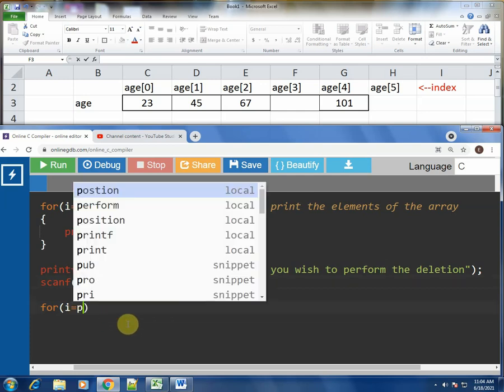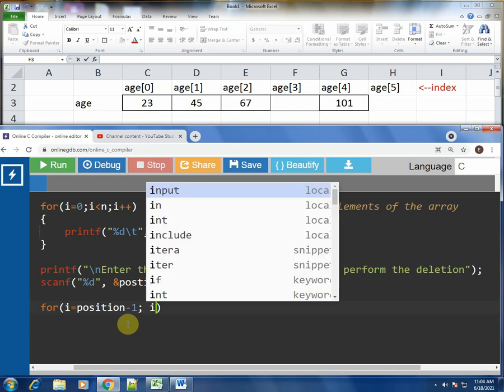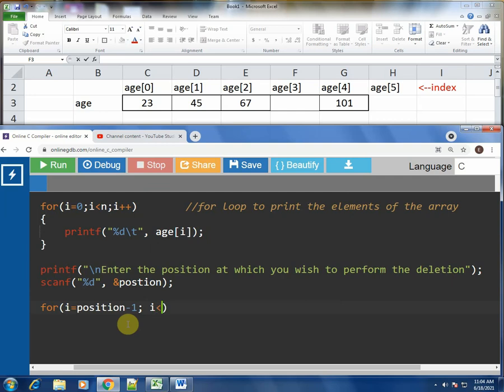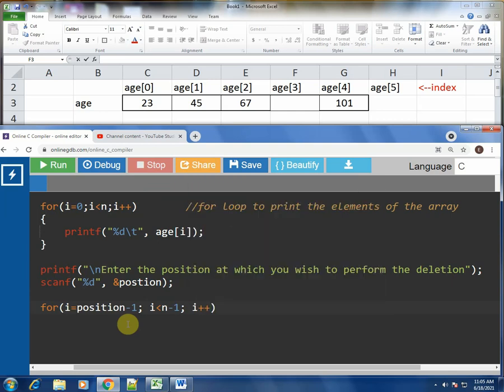Whenever you say position, you would have to write the for loop like this: position minus 1, that's where the for loop will start, till i is less than n minus 1, because one element will be less after you delete, so it won't be n. And i plus plus for incrementing in the for loop.